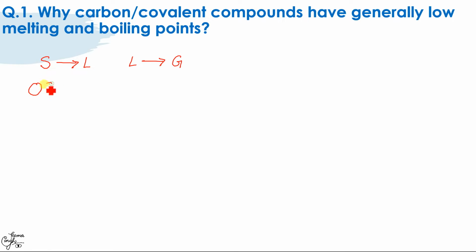You all know from your class 9 that solids have very strong intermolecular forces of attraction. That means if this is molecule number 1 and number 2, the force between 1 and 2 is very strong, but the spaces between the molecules are less. As you move from solid to liquid, the intermolecular spaces increase and the intermolecular forces of attraction decrease. Now this is liquid, and gases have maximum intermolecular spaces and minimum intermolecular